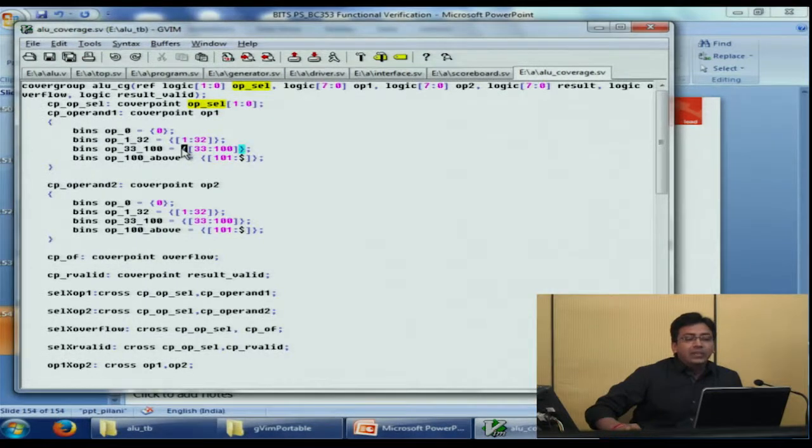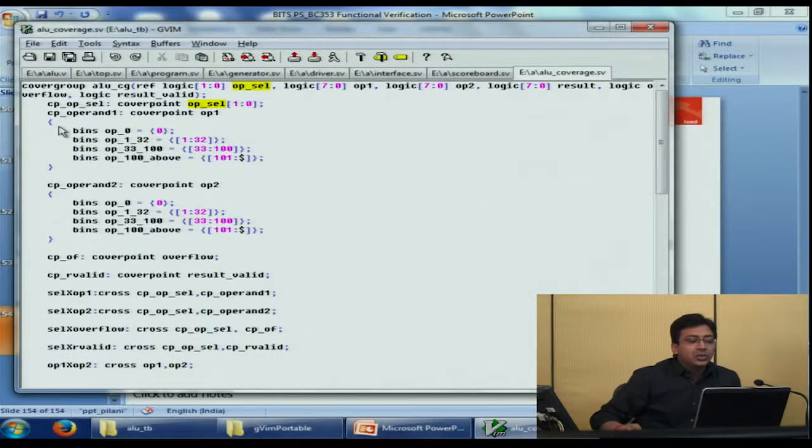Just like that, any value between 33 to 100, if it is generated by stimulus, this bin will get covered. And any value more than 101, this dollar operand means till the end. Since it's an 8-bit variable, the maximum value will be 255. So any value between 101 to 255 will be used by this cover bin.